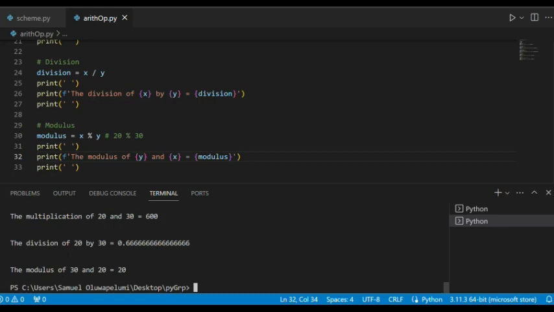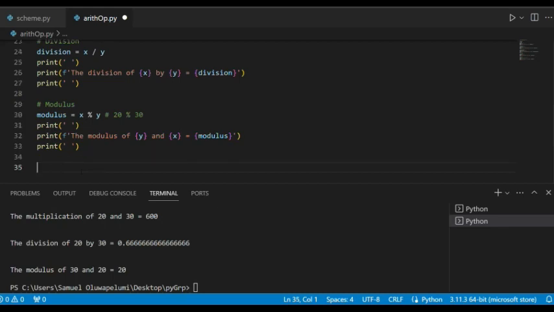The result should be 10, but now it's giving us the result as 20. I don't know what's going on here, but you can do something different here. So I'm going to call this modulus 2. This is just a test. Let's say the modulus of 50